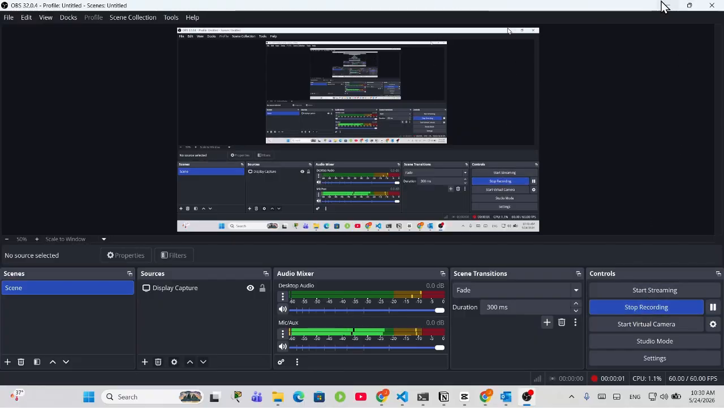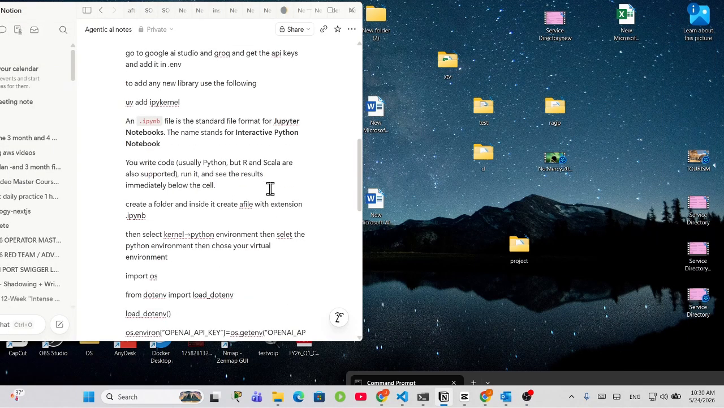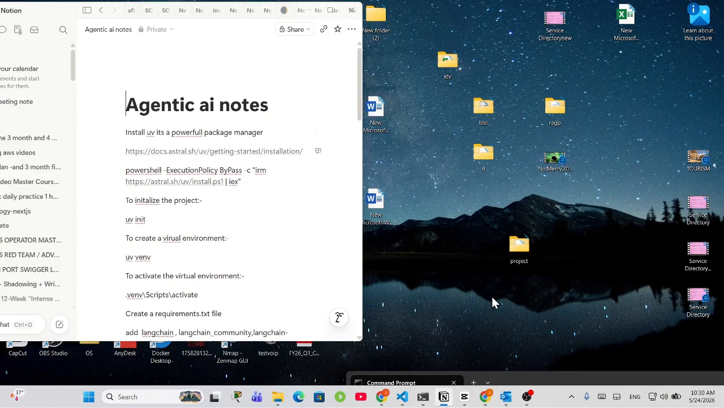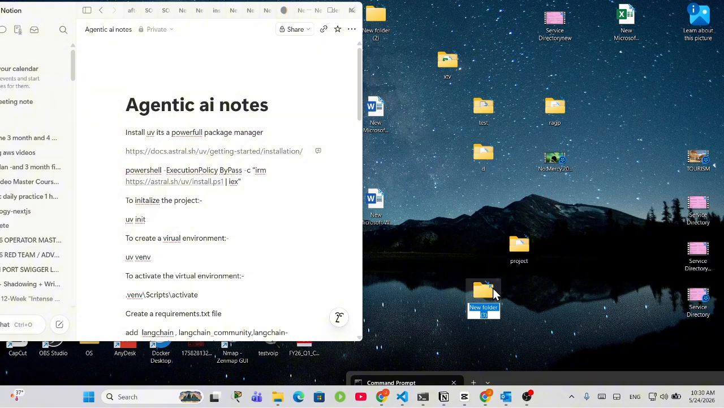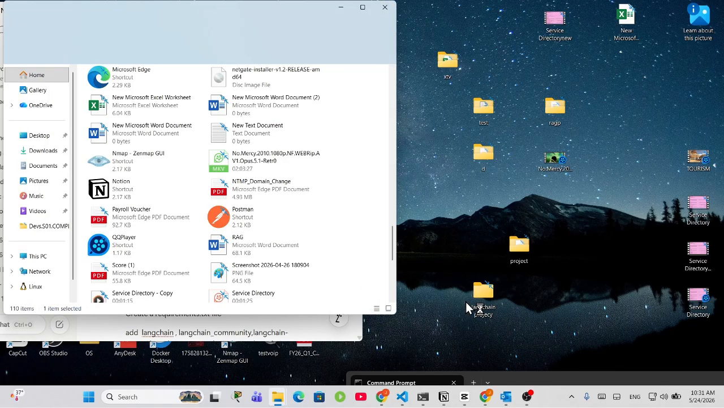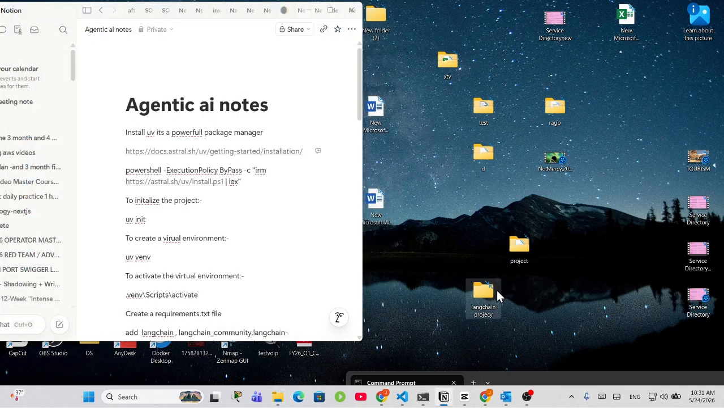Okay, I'm going to try to do some coding with Langchain. This is a framework, a very powerful framework, for a Langchain project. Let's start with the